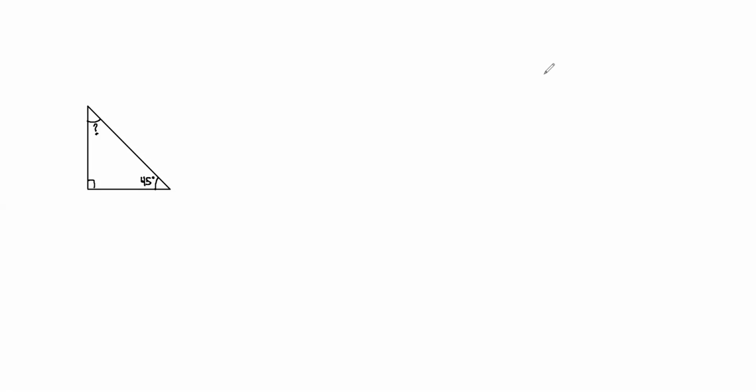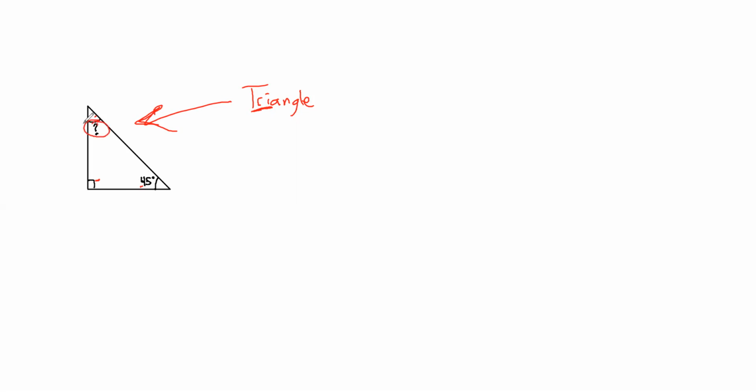So as you can see here, we have a triangle. In the previous lesson, we looked at the fact that a triangle is made up of three angles. The inside angles: here's one, here's the other, and here's the third. When we look at this particular triangle and ask what this angle is,